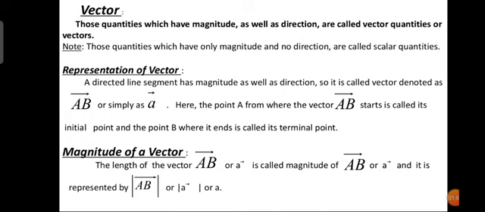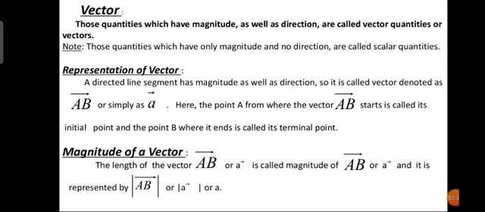You know scalars. In the previous chapter we dealt with matrices, and we studied matrix multiplication using a scalar. That means it has a magnitude, a value, but the direction is not specified there. When the direction is specified, we come across a new topic, vectors. And how will you represent a vector?